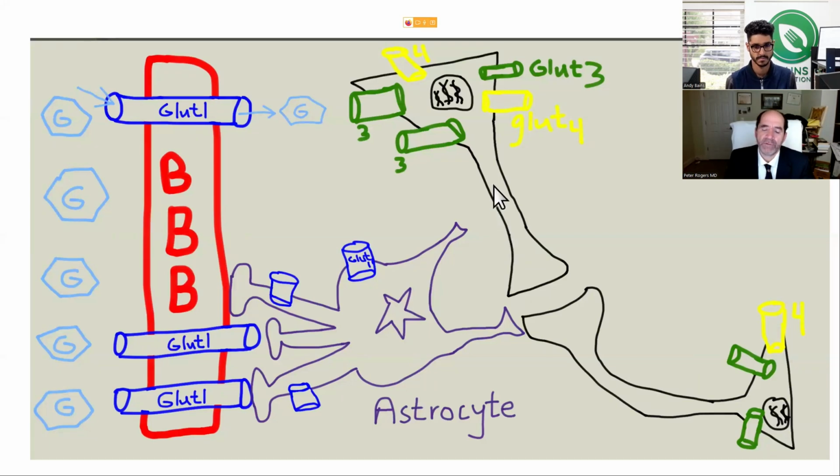All right, so if you read a textbook, it'll tell you that the neurons have glucose type 3 transporters. That's the number 3 here, GLUT3, and that these are not dependent on insulin. But that's incorrect. When you actually read the scientific papers, neurons also have glucose type 4 transporters. The glucose type 4 transporter is important because it's dependent on insulin in order for it to become activated and